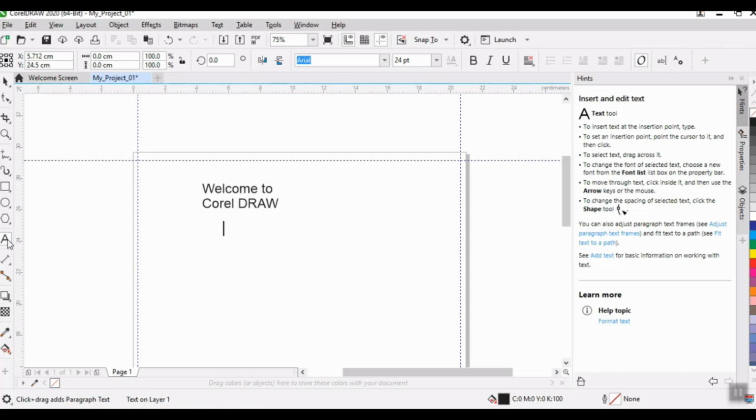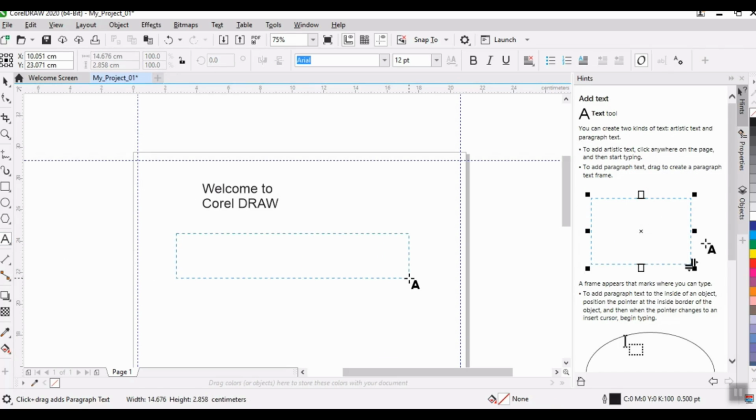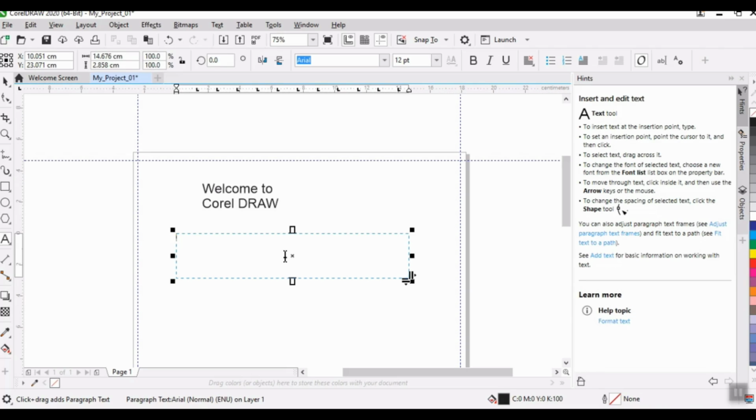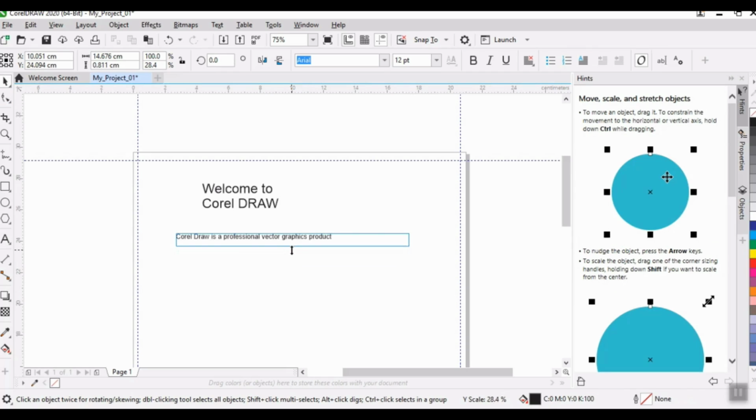Similarly, for paragraph writing, click here and with the help of the mouse create the area. With the help of the mouse, you can adjust the area as required.